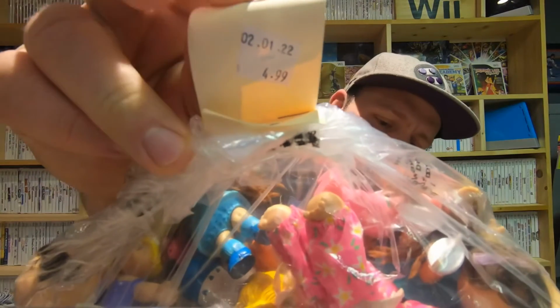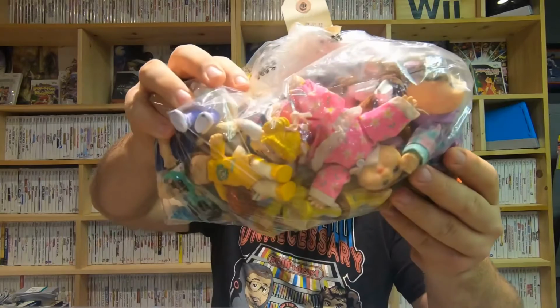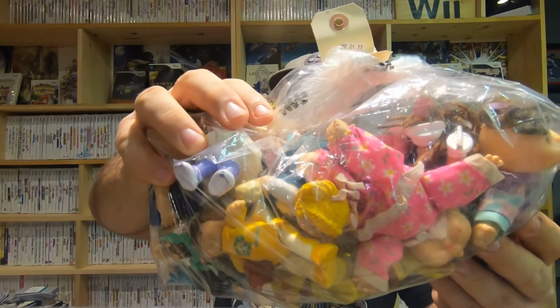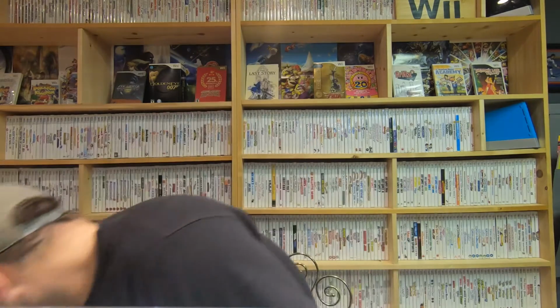All right, $4.99. I don't know if you could see that at Salvation Army, and this is an entire lot of vintage Cabbage Patch Kids toys. I'm going to take a better picture of these so you can see them. Very, very cool. Individually, not a ton of value, but as a lot, they're worth a lot more than $5, so I'm just going to put those up for sale. And the last toy item...